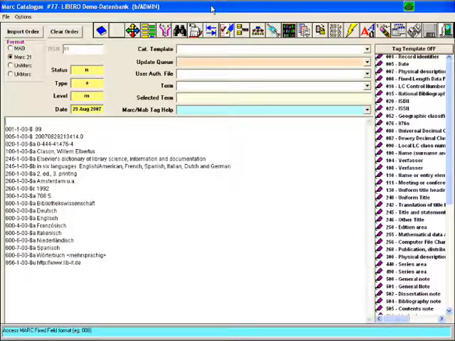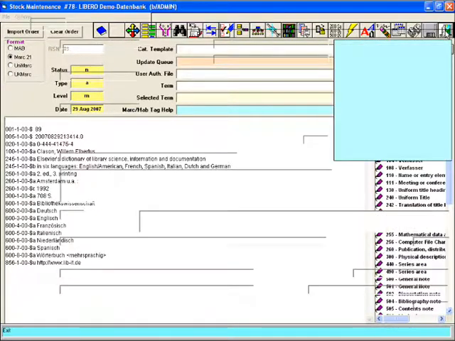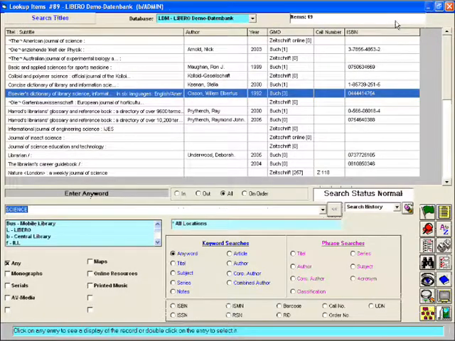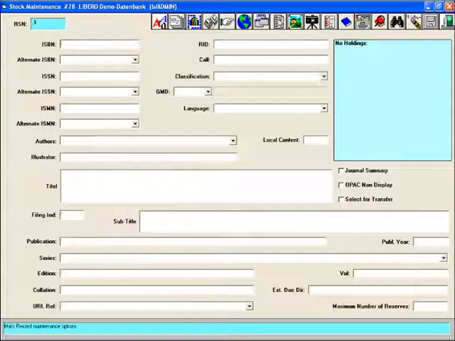Apart from editing existing catalog records on that screen, you would also use this screen to create new catalog records. To do so, you would either click on the blue book button on this specific screen, New Record, or you could even use the screen before, the stock maintenance screen. It has the same blue book button, or you could even use the lookup items screen, where you might have executed a catalog search and found out that the title you need to work on is not cataloged yet. Use the blue book button and go to the MARC